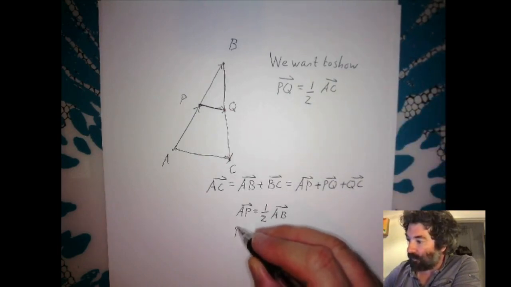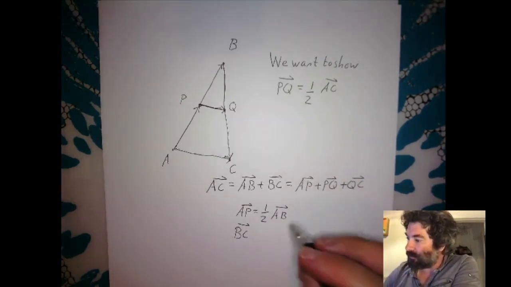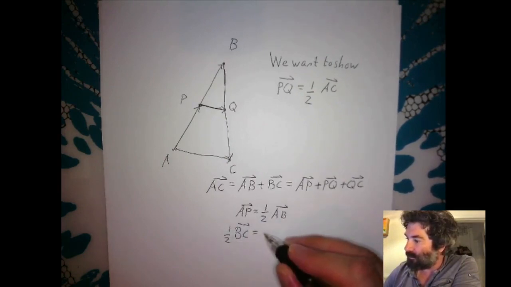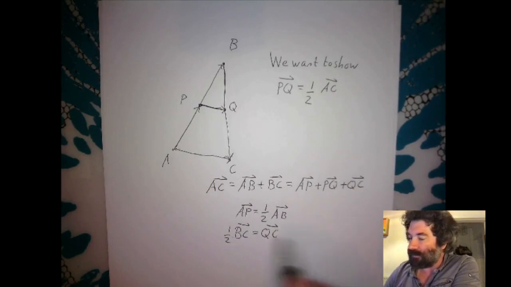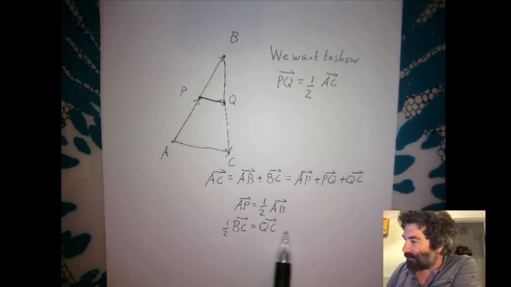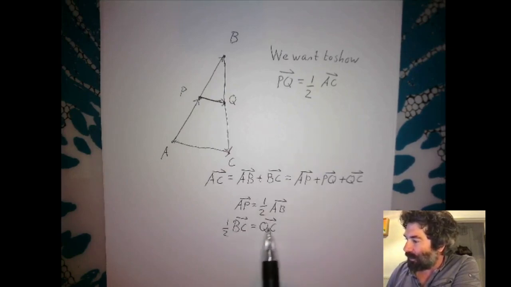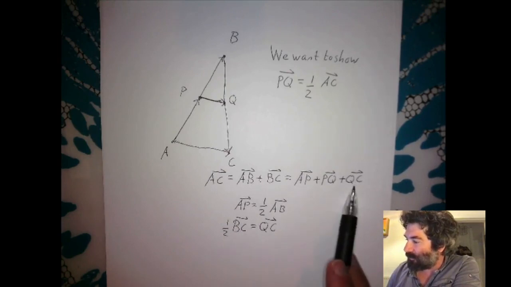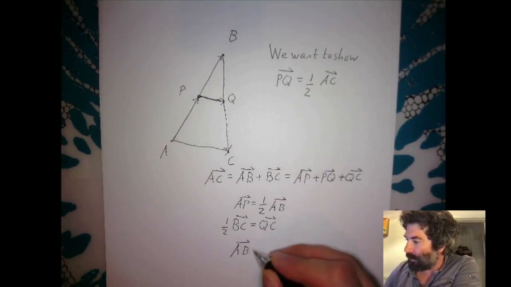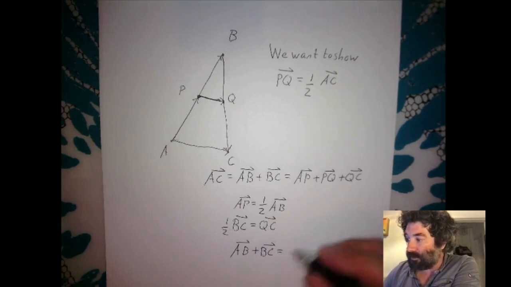And so the vector from Q to C is 1/2 the vector from B to C. Sorry, I've written this backwards. The other way around from the previous one, sorry about that. But still, we have the correct formula. So we plug this in for the vector from A to P, and we plug in 1/2 BC, the vector from B to C, for Q to C, and we get the vector from A to B plus the vector from B to C is equal to